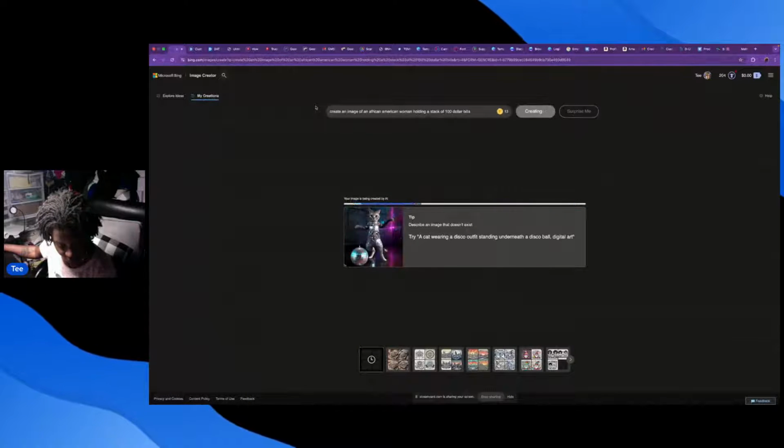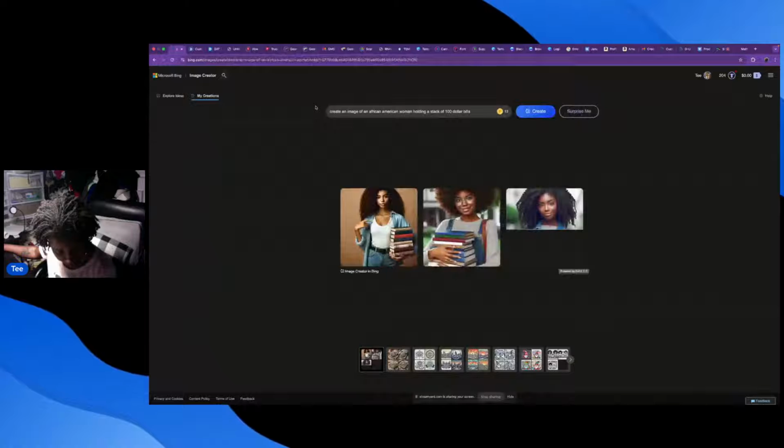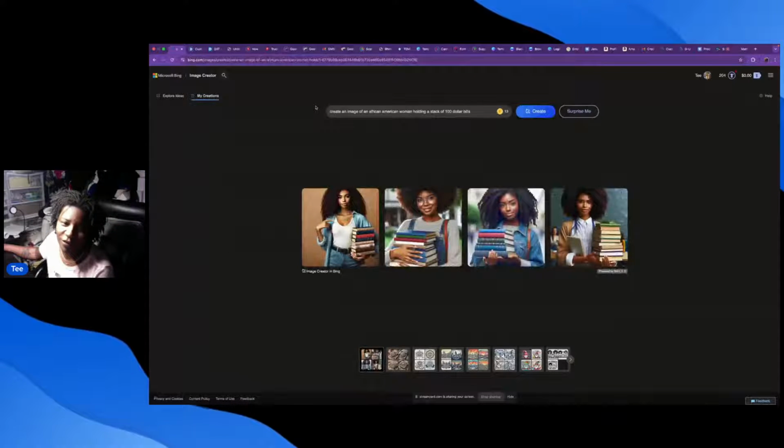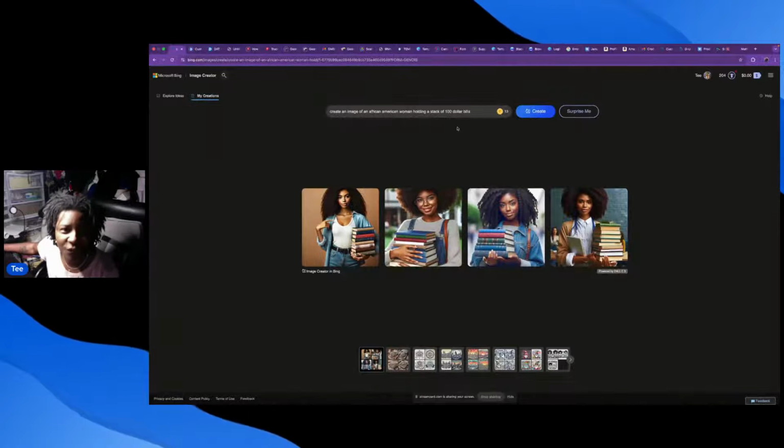Yes, the details matter. Now, I said stack of $100 bills. I don't know where it got books from. We're going to say